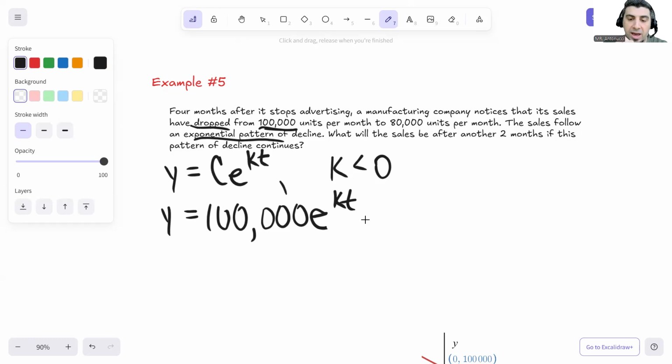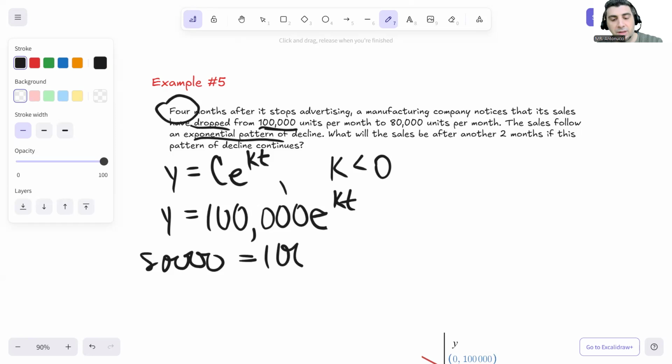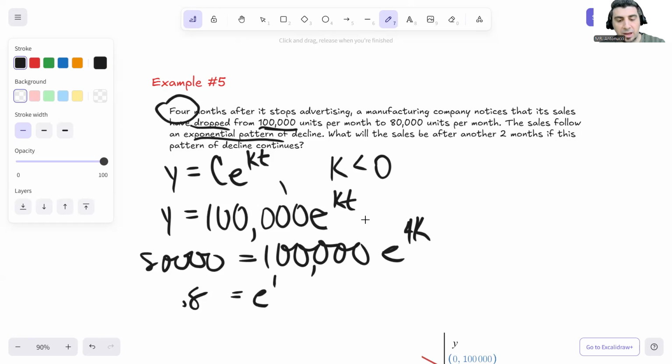So if we have 100,000 units per month to 80,000 units per month, and it took 4 months, we know that 80,000 would equal 100,000 e to the 4K. All right, if we divide that off, you would have 80,000 over 100,000, which is 8 over 10, or 4/5, or 0.8 equals e to the 4K. If we natural log both sides,